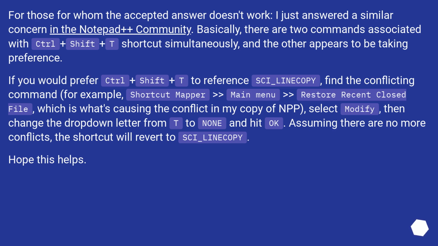For those for whom the accepted answer doesn't work, I just answered a similar concern in the Notepad++ community. Basically, there are two commands associated with the Ctrl+Shift+T shortcut simultaneously, and the other appears to be taking preference. If you would prefer Ctrl+Shift+T to reference line copy, find the conflicting command, for example, Shortcut Mapper, Main menu,